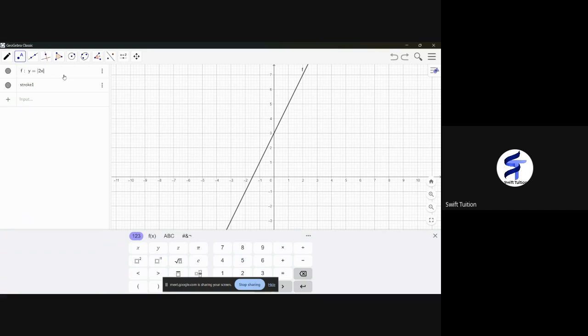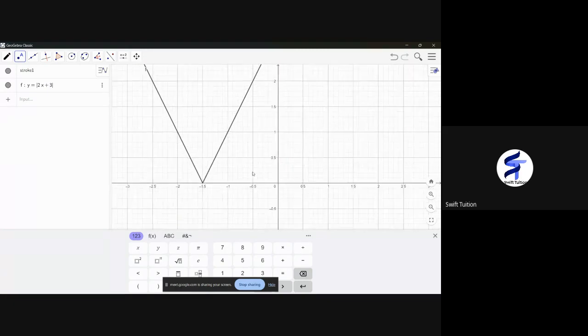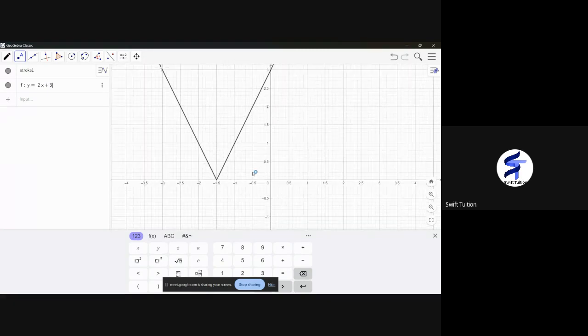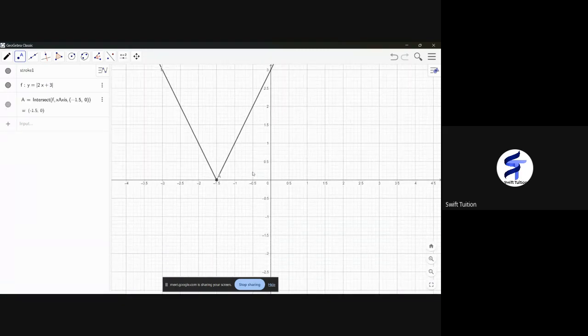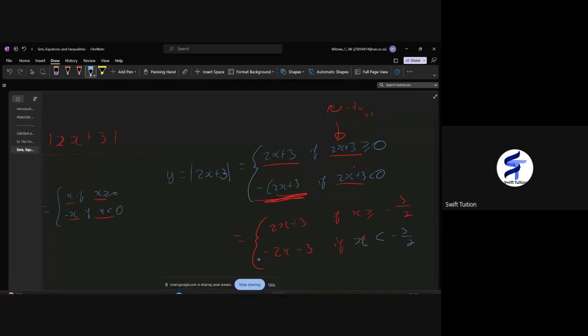2x, I think it's plus 3, right? 2x plus 3. All right, so as you can see over here, if I were to zoom in over here, it looks like it's going to be negative 1.5, right? So when we are to the right of negative 1.5, we understand that we're going to leave the function as is. But when we are at the left of negative 1.5, then we're going to use another function, specifically negative